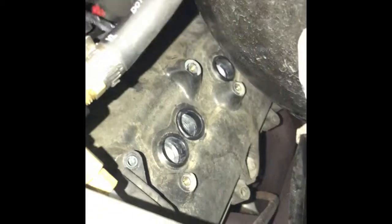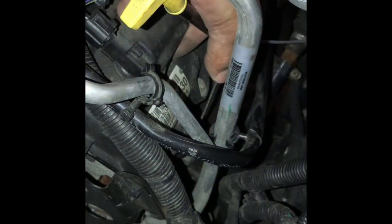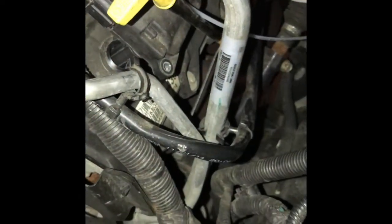Up here in the engine bay, pulling these things out. Because the back bolts were tough. And the front ones, I got a boost line here. I also have, I'm gonna get it off the truck now. I also have the oil dipstick pipe in the way. So what I'm gonna do,